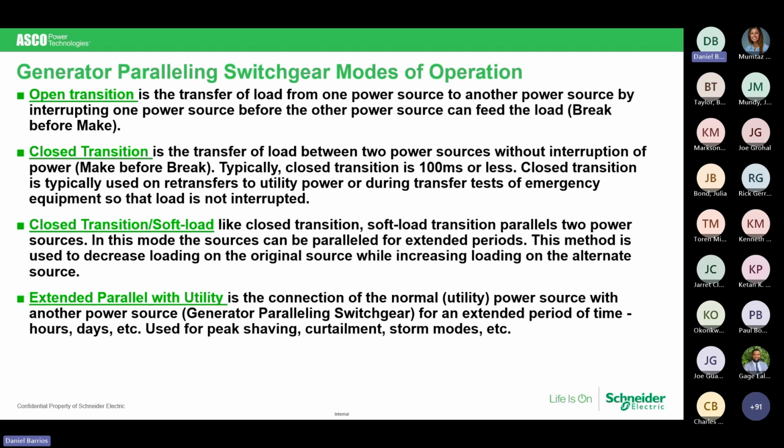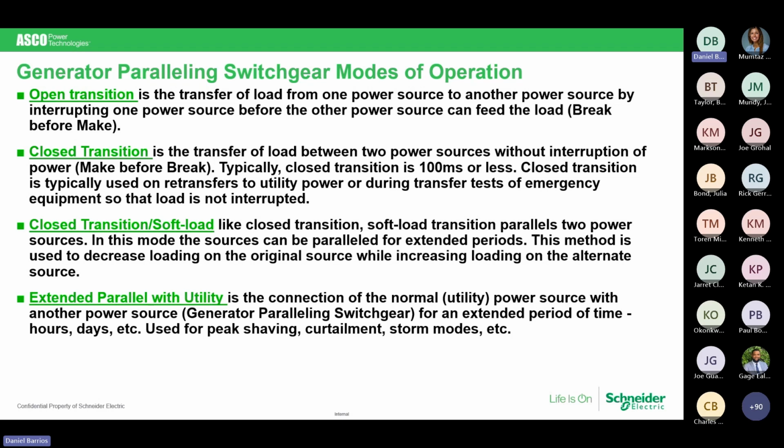Closed transition and soft load. In every case that we have spoken about in this presentation, when you transfer the load from normal to emergency or back, whatever load is on that transfer switch is hitting block load one time. That's why we would like to stagger that. Number one, your generators can't take everything all at one time. Secondly, if you dump everything back on utility, you're going to have a very high demand charge, and typically those may be set for at least a 1 year period.